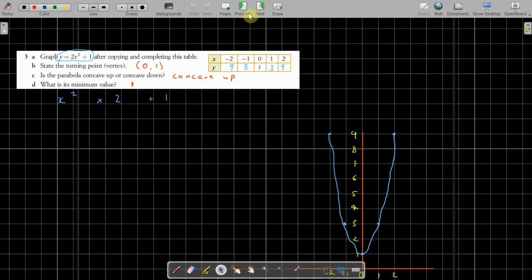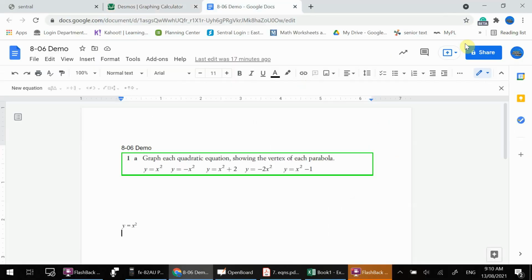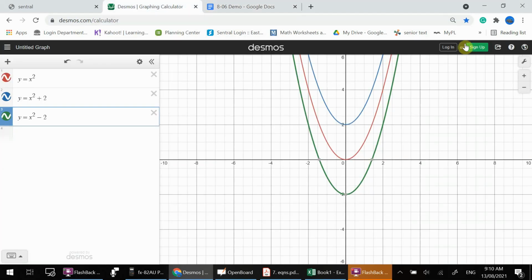Now, that one I'll get to in a minute. The next thing is what happens when you want to answer the questions on the Google Doc. First one is graphing. So to make it easy,